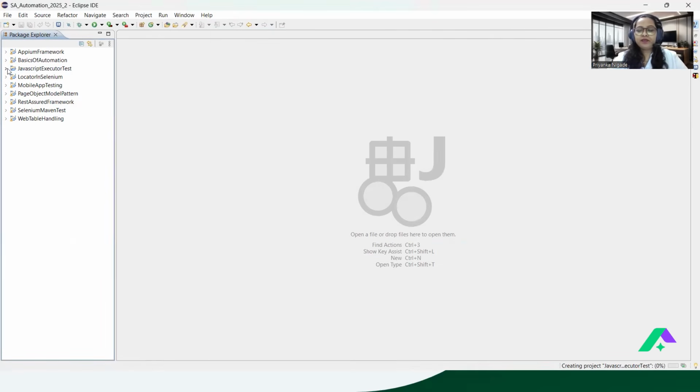Once the project is ready, inside the pom.xml file you can set up all the dependencies. We have already discussed what the pom.xml file is. POM stands for project object model, and it is a configuration file, which is an XML file. The entire project setup you can do with the help of this pom.xml file. If I expand this project, you can see different folders, and there you can see this important file, pom.xml.